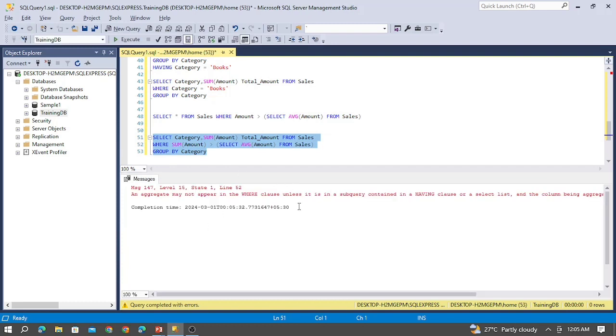So it says that you cannot use the aggregate function inside your where clause unless it is enclosed in a subquery. It shows the same error, but when you use this in a having clause,